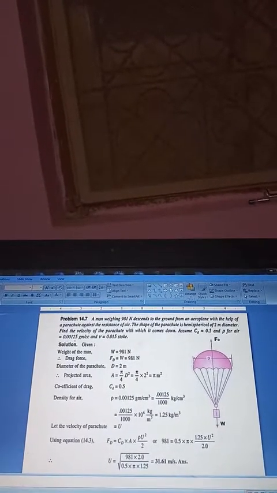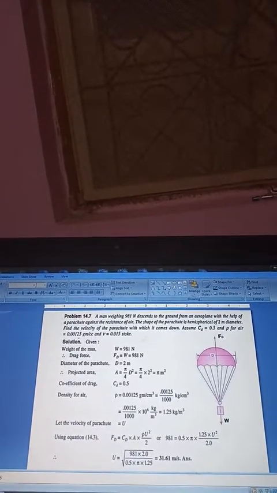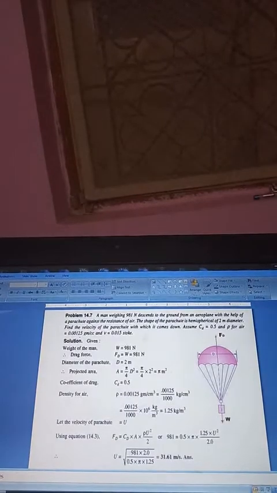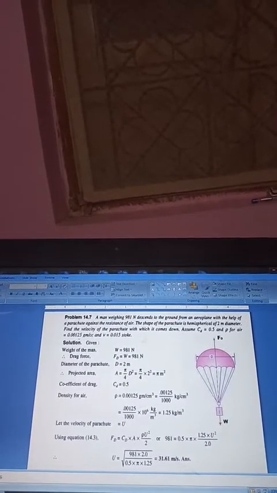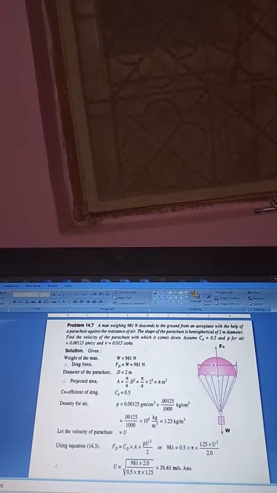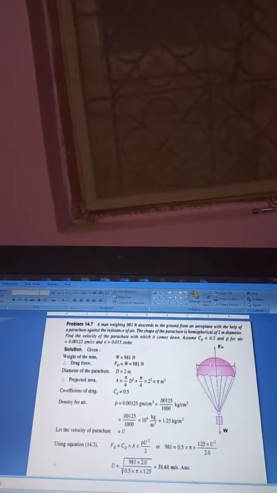Area, now for the parachute, you will take the hemispherical area of the parachute. So the projected area for the hemisphere will be nothing but the circle. As the parachute goes down, the projected area will be a circle. So it will be pi by 4 into d square, not divided by 2. So it is the area of the circle, and that is coming as pi meter square.